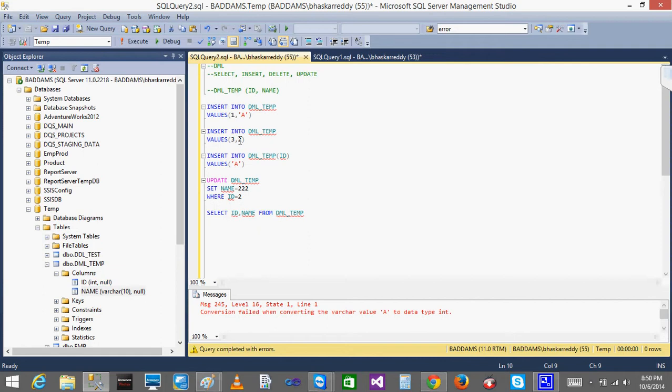Always, the better standard we follow is that when you try to insert more number of columns, it is better to give the column names also here after the table name. So it is a standard so that you will not be confused. Okay, because let's say you got the name and ID, after some days what happens, you might delete the name, or let's say you give this way,